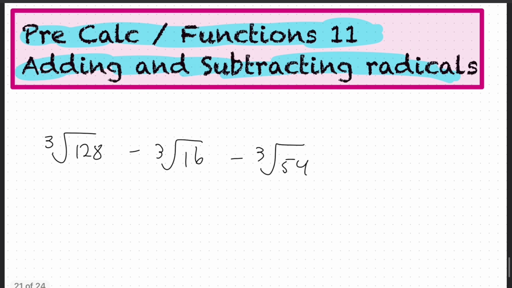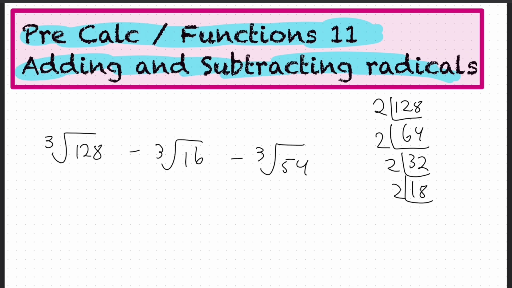And let's do one more with subtraction and third roots. So for the third root, we just look for groups of 3's when we break this down. So let's say we have 128. Obviously try this before you watch on, but it would be like this. And then third root, so we're looking for groups of 3, and we can only form one group of 3,